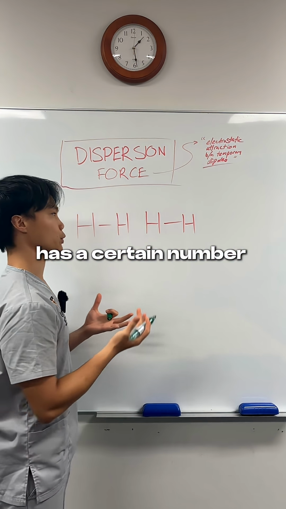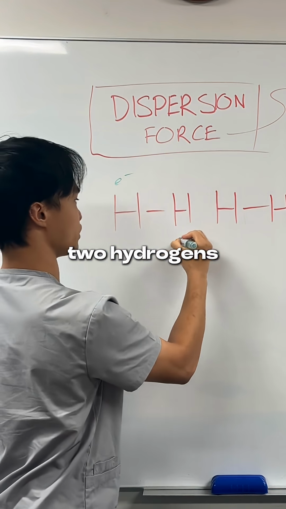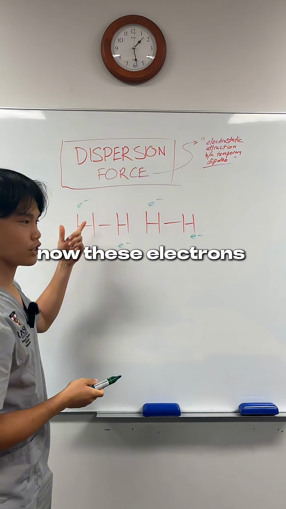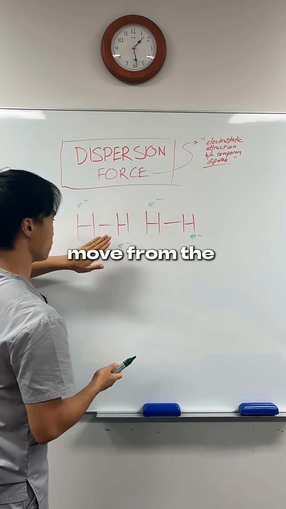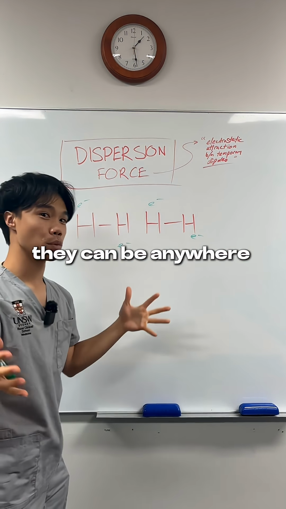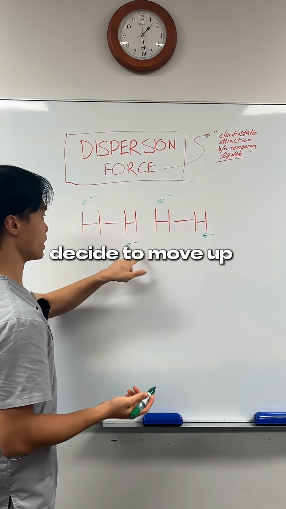Every covalent molecule has a certain number of electrons. In the case of a hydrogen molecule, because you have two hydrogens, each molecule is going to have 2 electrons, as shown here. Now these electrons can be pretty much anywhere. The electrons can move from the bottom of the molecule to the top, they can be on the left or the right, the front, the back, they can be anywhere around these molecules. So let's say, for example, these electrons on the bottom of these hydrogens decide to move up to the top